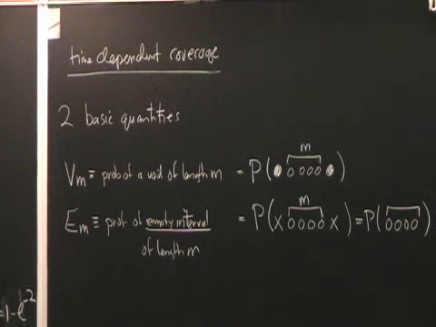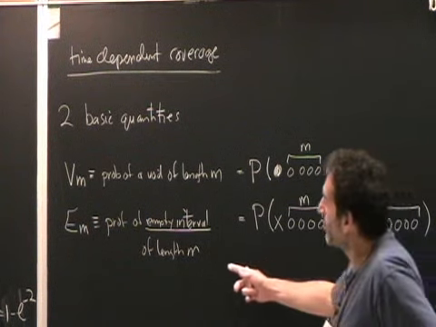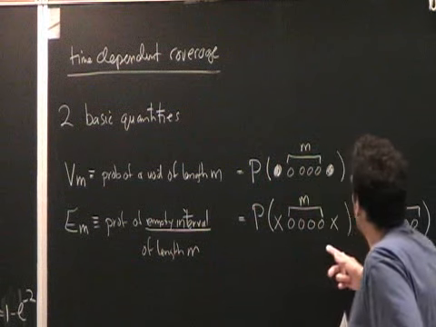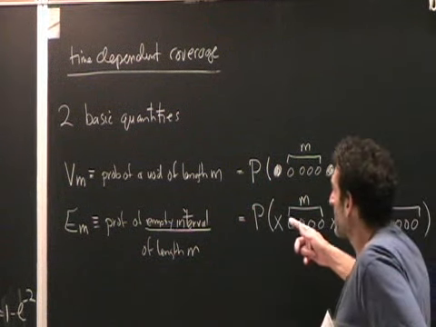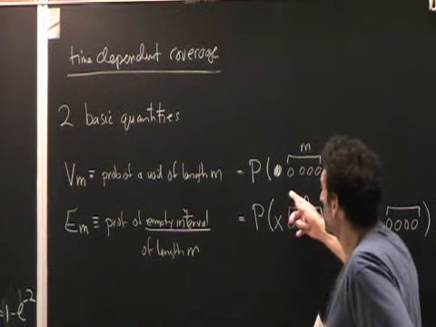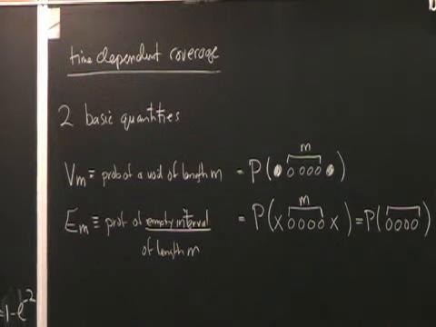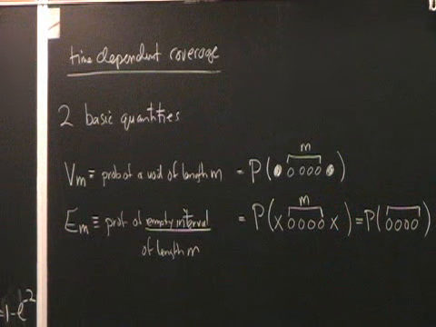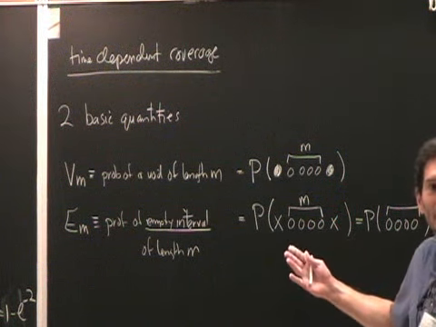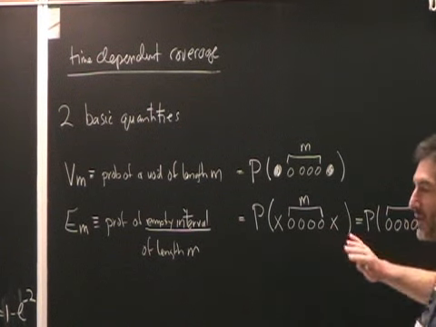And it turns out that the equations of motion for the empty interval probabilities are different and simpler than the equations for the void probabilities. So depending on the application you want, sometimes you should use the void densities, sometimes you should use the empty interval densities, and it's not obvious a priori which is best. And it turns out in this case, empty intervals will be best.